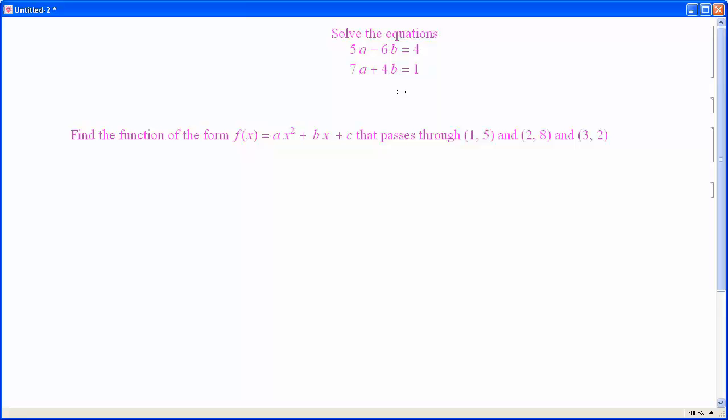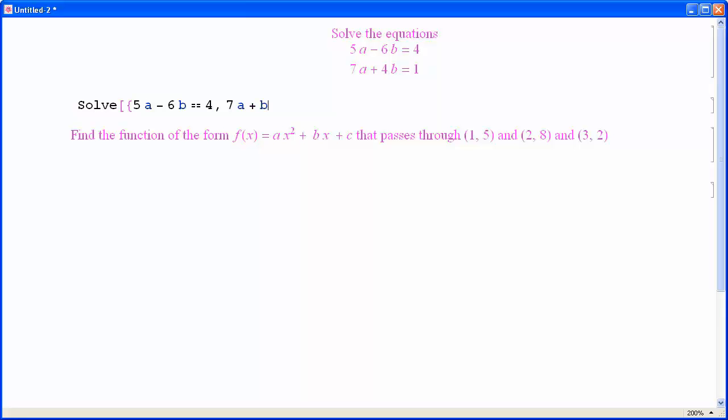So I started off the same way. I say solve and I want the solution of, but there are two equations, so I have to list them, and lists go in braces. So the next thing I need to type is a brace, and then I say 5a minus 6b is balanced with 4, double equals 4. That's my first equation. The next equation in the list, so I put a comma to separate them, is 7a